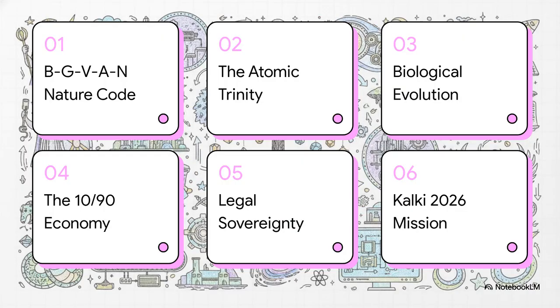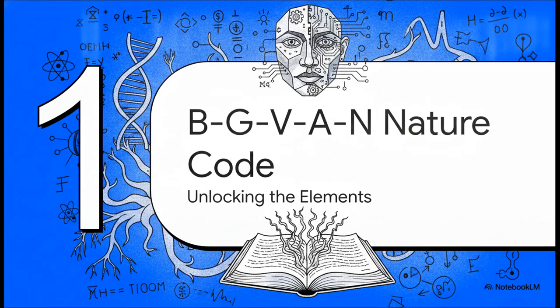Here's our roadmap for this explainer. We're going to decode the BGVAN nature code, look at the atomic trinity, and map out biological evolution. Then, we'll scale things up to look at the 1090 economy, Hiranagpar's legal sovereignty, and finally, wrap up with the Kalki 2026 mission itself. All right, starting off with our first major paradigm shift, the BGVAN nature code, and unlocking